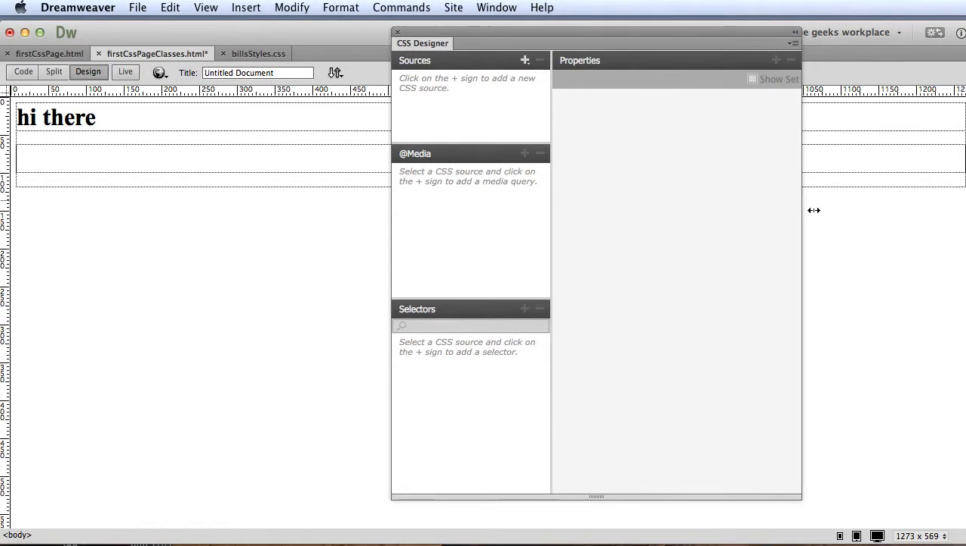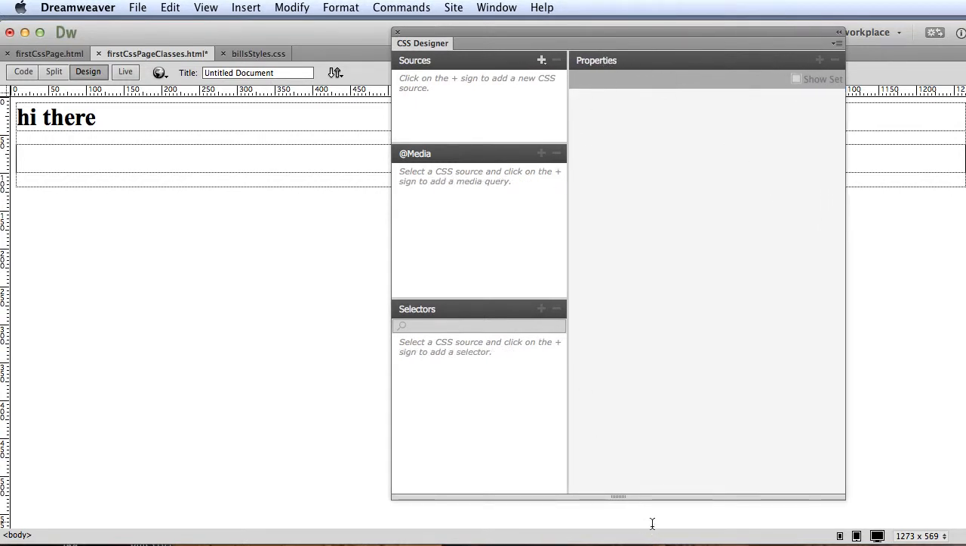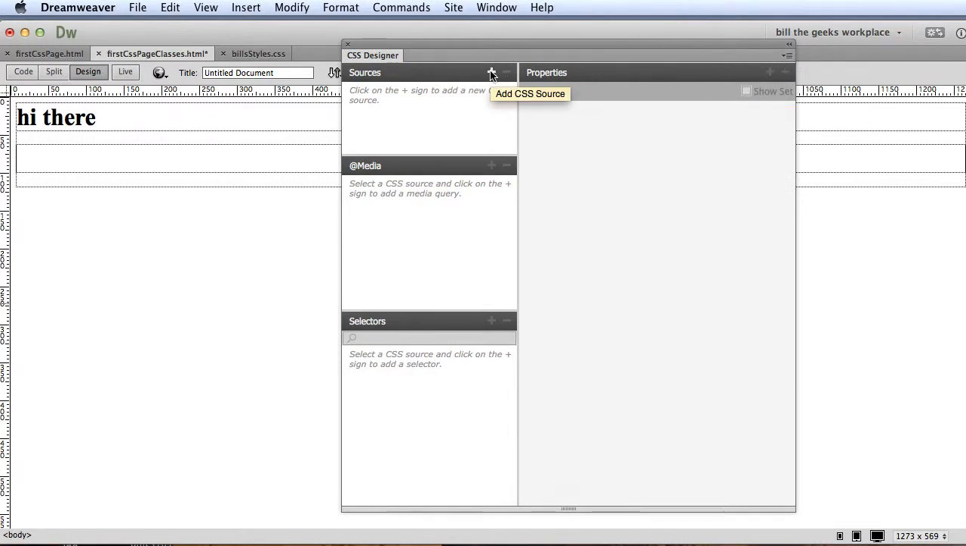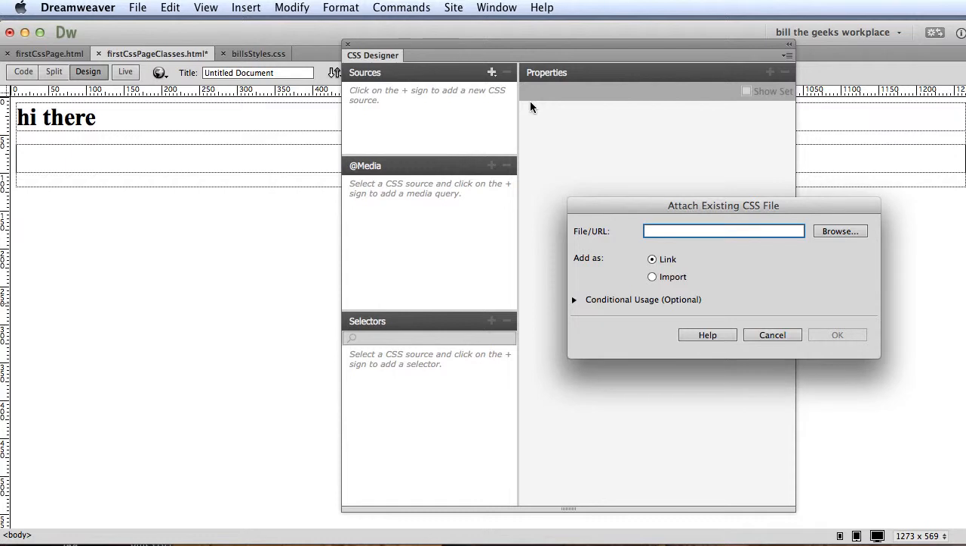if we can get it to go, because then all the properties show up over here. You'll see it in a minute. But what we're interested in is connecting our external billstyles.css to this HTML document. So from the CSS panel, over here, I'm going to add a CSS source right here. And right here it says attach an existing CSS file. So here we go. And I'm going to browse,